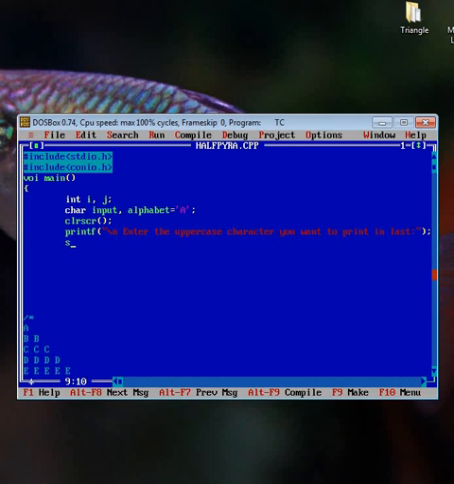You have to use the scanf function to scan the character entered by the user.